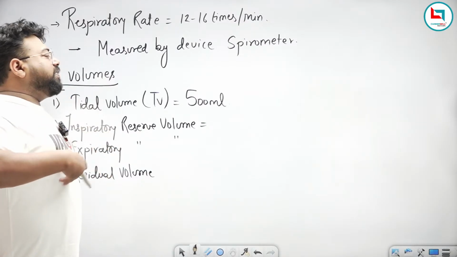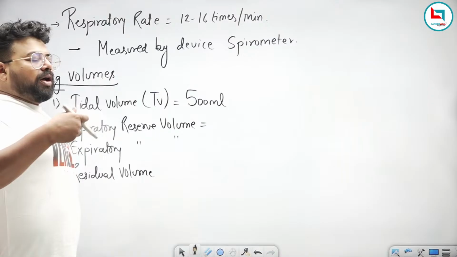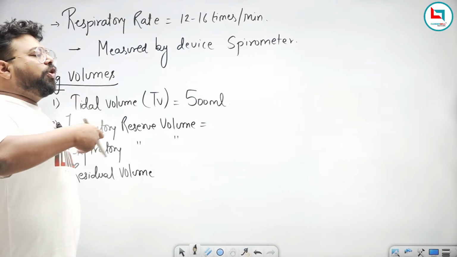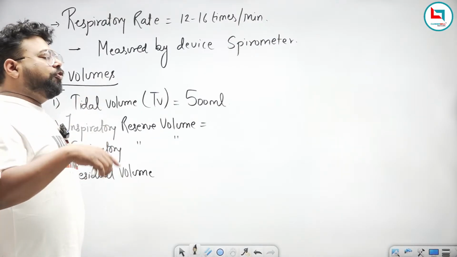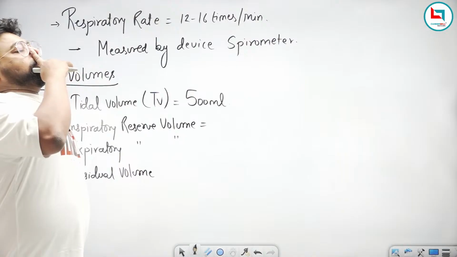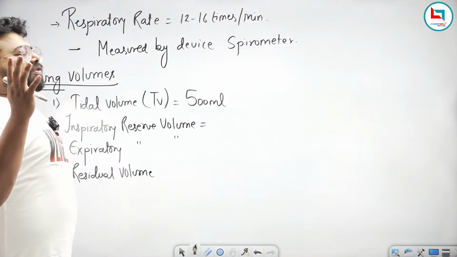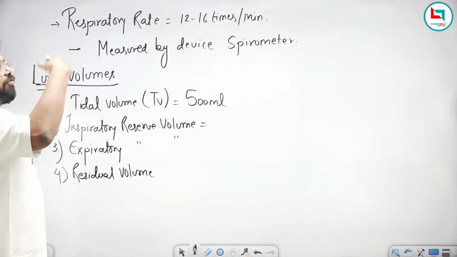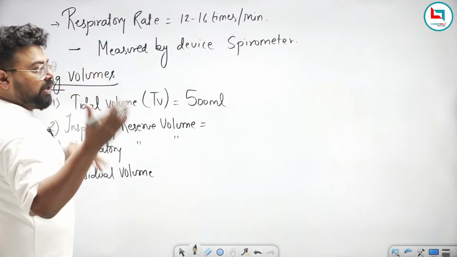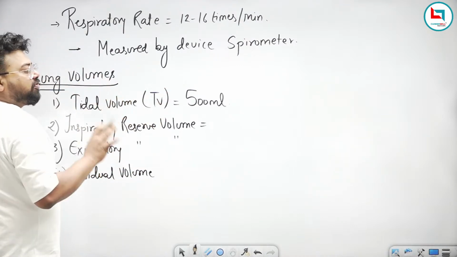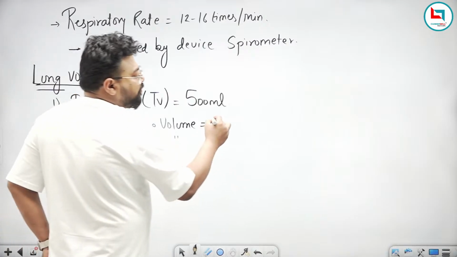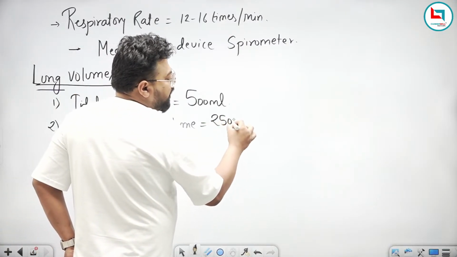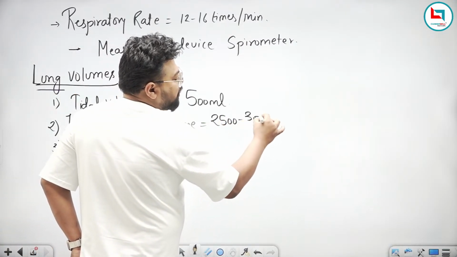It is a left out volume which can be taken in forcefully. So this is my inspiratory reserve volume. It is 2500 to 3000